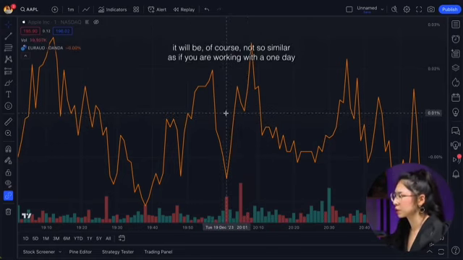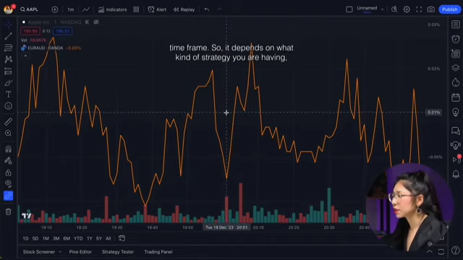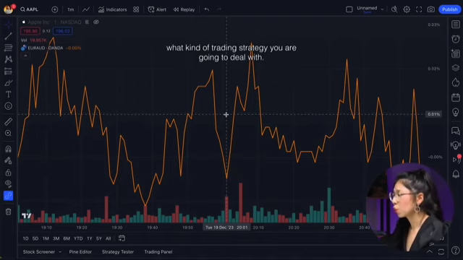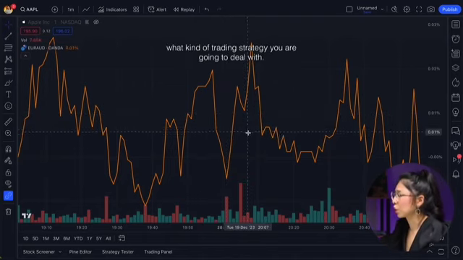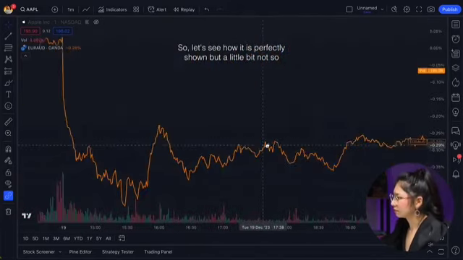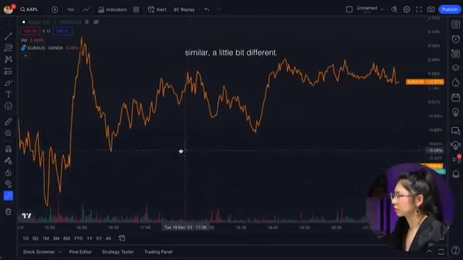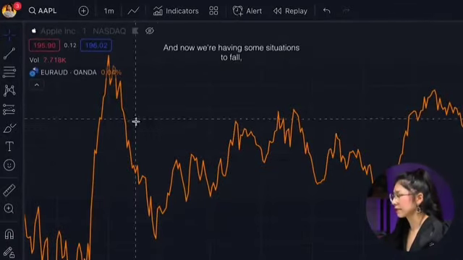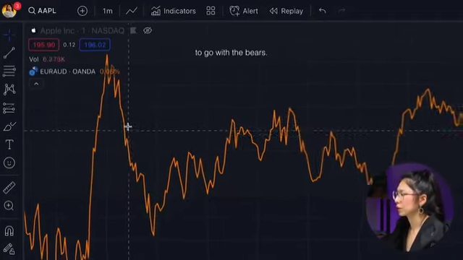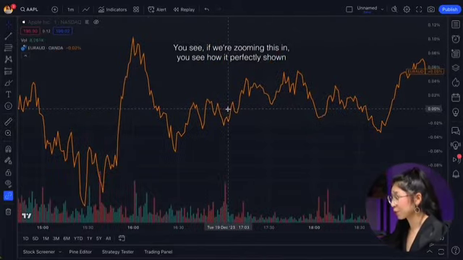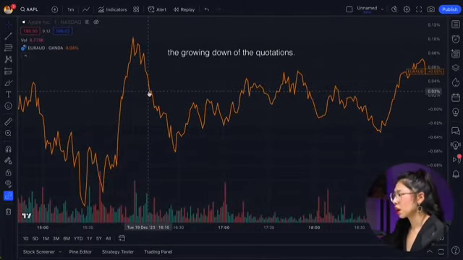be of course not so similar as if you're working with a 1 day time frame. So it depends on what kind of trading strategy you are going to deal with. So let's see how it's shown, a little bit different. From here we have the highest high, and now we have a situation to fall and go with the bears. And you see, if we zoom this in, you see how it perfectly shows the growing down